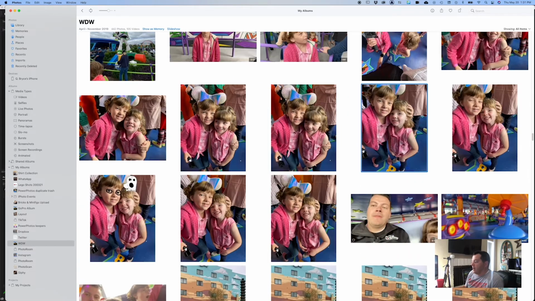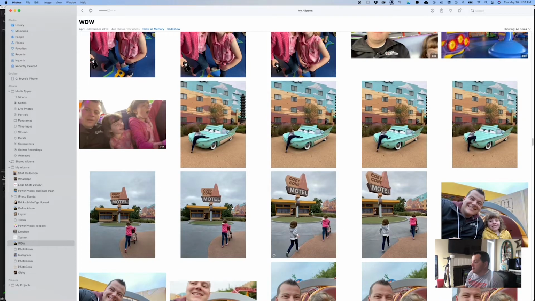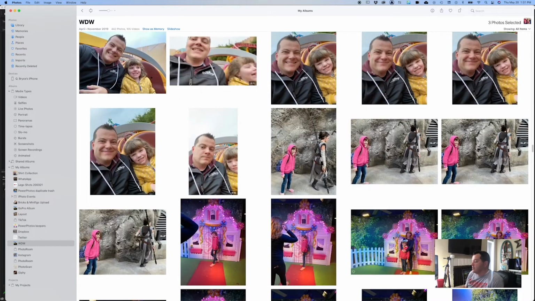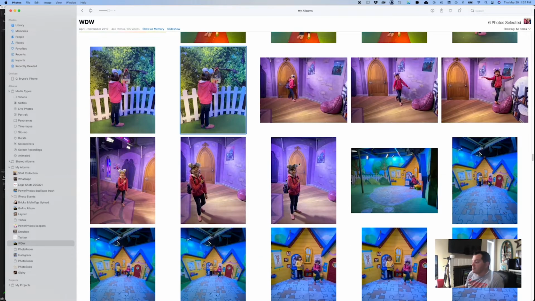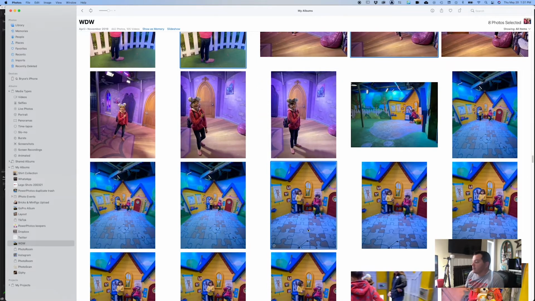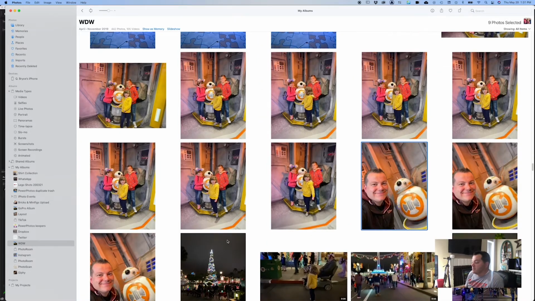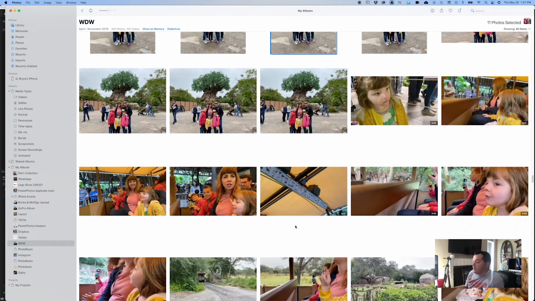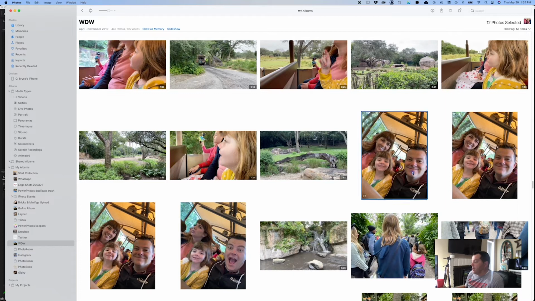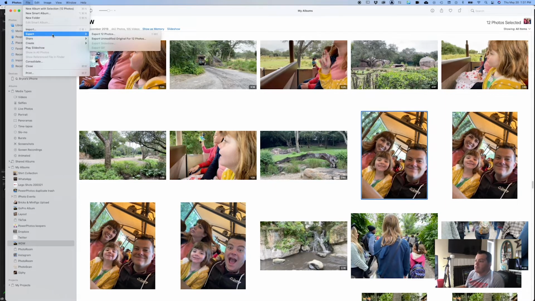I'm going to just grab some random pictures as we go so that we're not dealing with the whole lot of everything. As you can see, I'm selecting some horizontal and some vertical based images because I'm going to show you how to figure that out in Premiere. So I've got a handful right here, and I have those selected. I'm going to go up to File, go to Export 12 Photos,